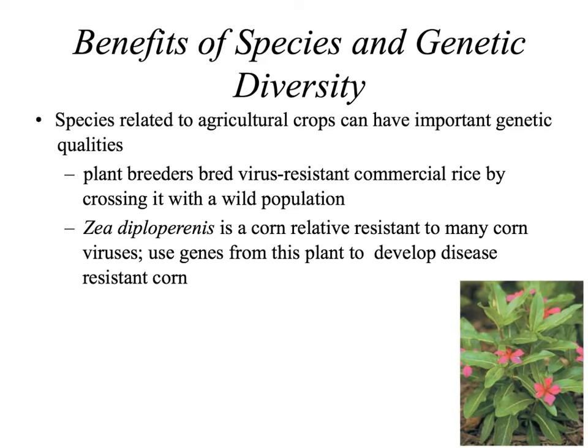We also see the same kinds of things in corn. Wild populations of corn are more resistant to different types of diseases because of their genetic diversity. We can crossbreed these types of corn with our common corn and help increase genetic resistance to different diseases. This helps increase our yields overall and provides more food for people.